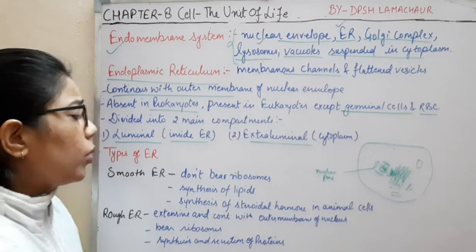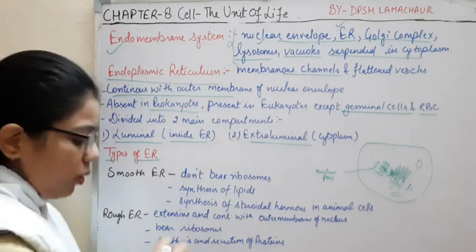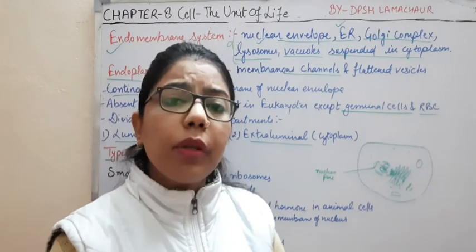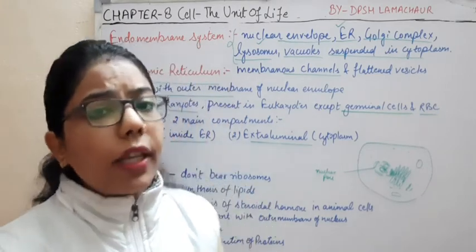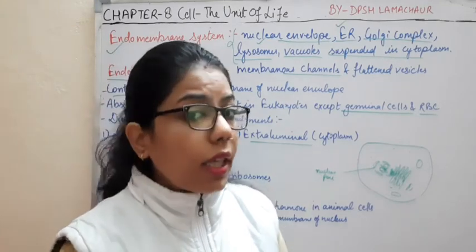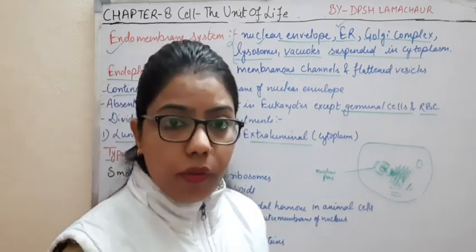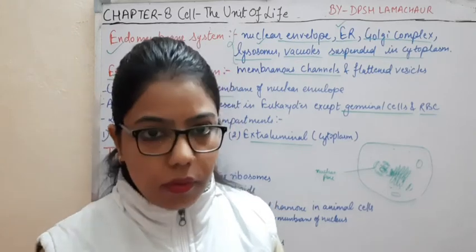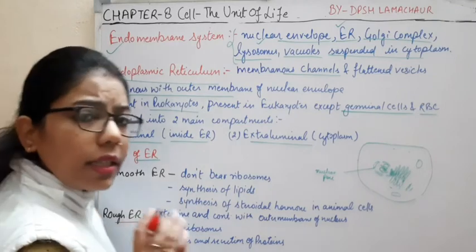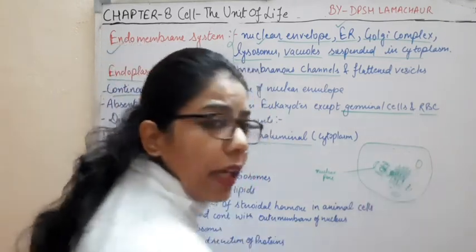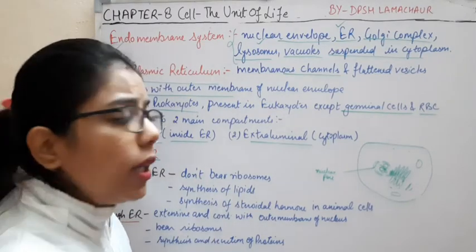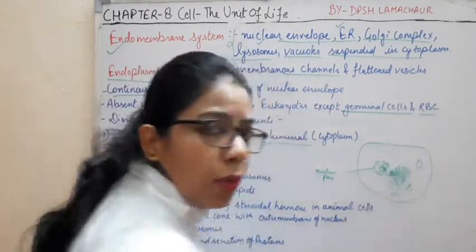And what are the more things? Then types of endoplasmic reticulum. As I have said, the endoplasmic reticulum can be of two types. What are they? Rough endoplasmic reticulum and smooth endoplasmic reticulum. See, when we are talking about the rough, it means that the surface is rough. What we understand with the rough endoplasmic reticulum is that the surface of this endoplasmic reticulum is rough. And when we are talking about the smooth endoplasmic reticulum, it means that the surface is smooth.